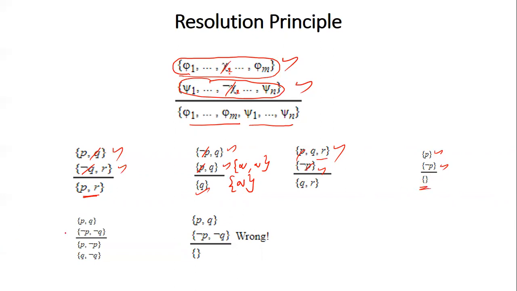See, this is interesting. When one clause is P, Q and the other clause is negation P, negation Q, now you have to apply only any one rule. You should not apply both. If you apply negation P, this P will be cancelled. So you'll have Q and negation Q. If you apply negation Q, then this negation Q and Q will be cancelled. Then you have P and not P. But you cannot apply both and you cannot make it an empty set. This is wrong. At one go, you cannot do like this. This is not acceptable, right? Any one only you can apply.